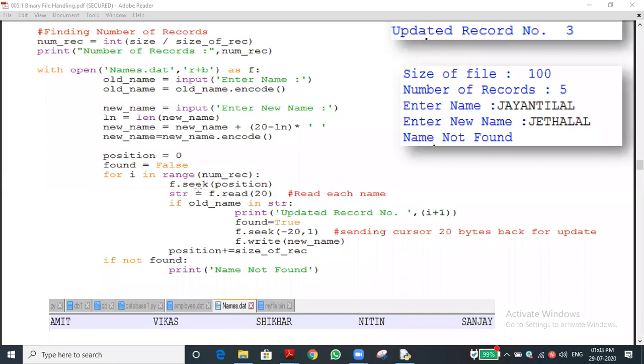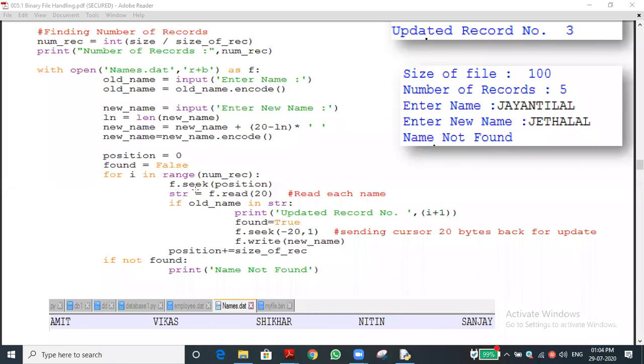Seek function. What is the use of the seek function? Can anyone explain? Yesterday we discussed much about the seek function. It will move the pointer from the starting to the required point. Yes, wherever the pointer is, the seek function will make the pointer available at our required position. Very good, nicely said, Gautam.